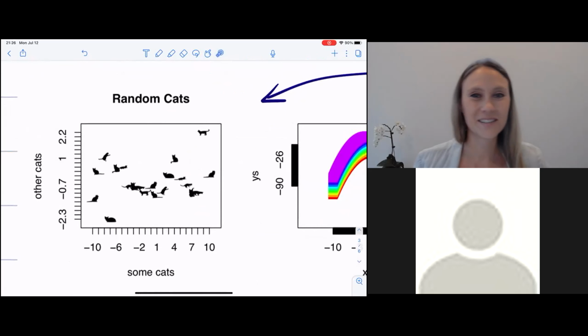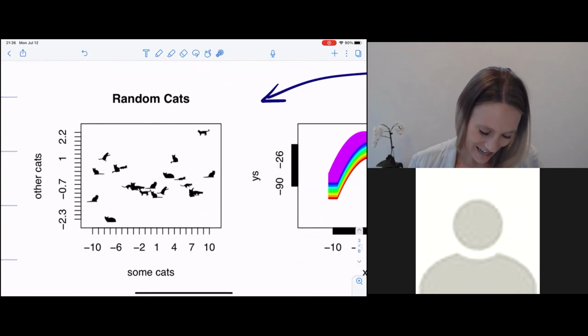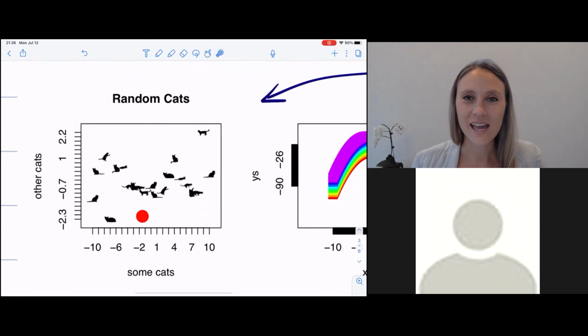This is a catter plot. It's a joke, obviously. The dots are replaced with cats, and